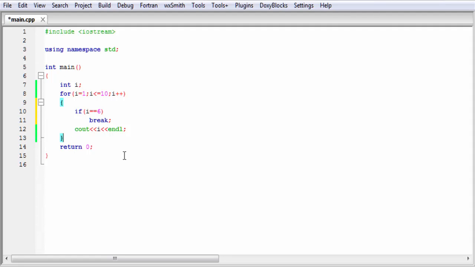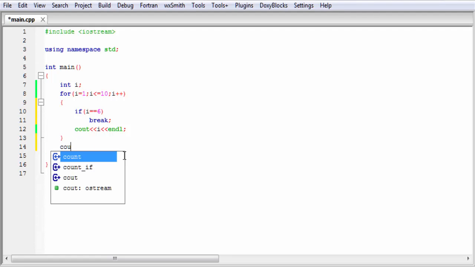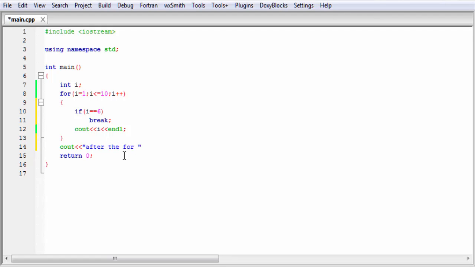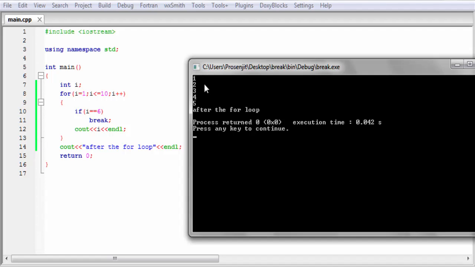And outside of this loop I am going to write cout, and then "after the for loop", and then endl. Let's check the output, build and run. As you can see here, it prints the numbers from 1 to 5 and then prints "after the for loop".